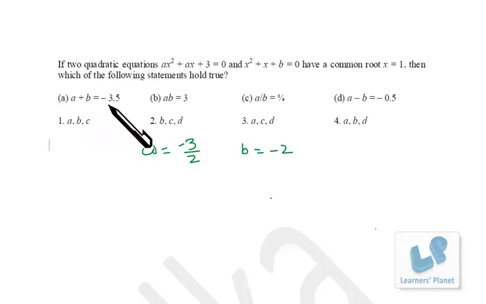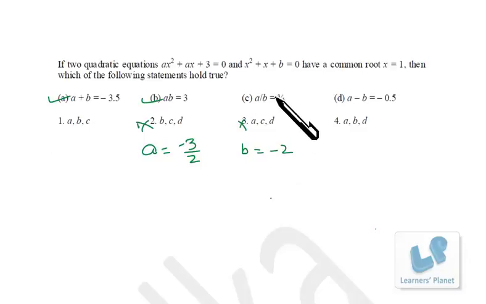So this relationship A is correct. So we can eliminate this. Okay, AB is equal to 3. Just multiply these two. So minus minus will be cancelled, 2 and 2 will be cancelled, so we'll be getting AB is equal to 3. So this is also correct, this is correct, this is correct. Okay,